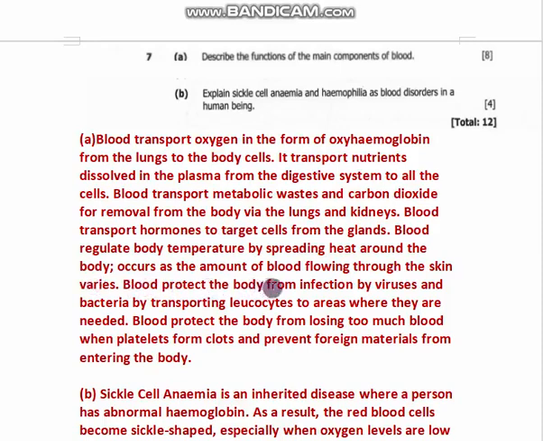Blood protects the body from infection by viruses and bacteria by transporting leukocytes to areas where they are needed. Blood protects the body from losing too much blood when platelets form clots, and prevents foreign materials from entering the body. As I said, when you've been told to describe the functions of the main components of the blood, you